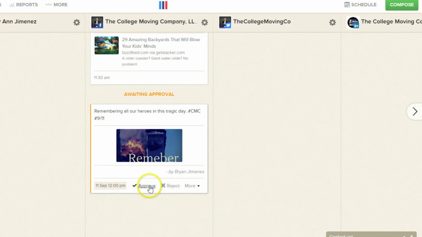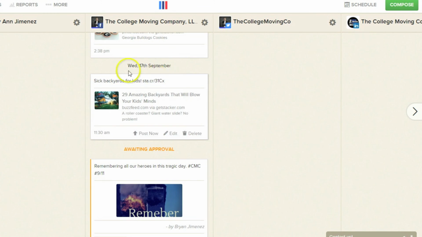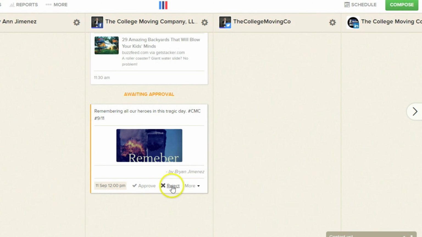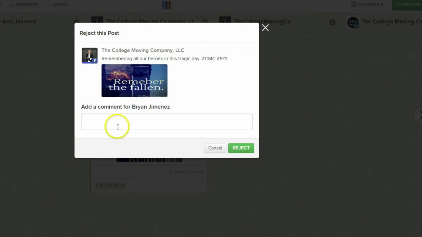Now, if I hover on the bottom, I'm able to approve or reject that message. If I approve that message, it's going to automatically be part of the queue or the scheduled time which the assistant scheduled it to. If I choose to reject the message, I'm able to add a comment for my social